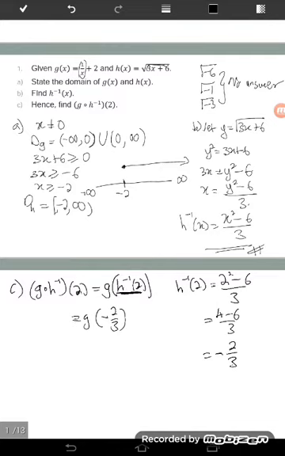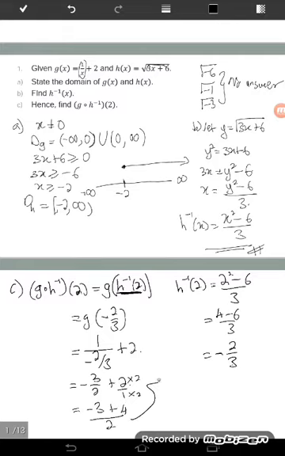So we need to calculate g of negative 2 over 3. x in g we substitute with negative 2 over 3. Just now we have g(x) equal to 1 over x plus 2. So it is equal to 1 over negative 2 over 3 plus 2. This one becomes negative 3 over 2 plus 2. Writing 2 as 2 over 1 times 2 over 2, I have negative 3 plus 2 times 2, which is 4, divided by 2. So the answer is 4 minus 3, which is 1 over 2.